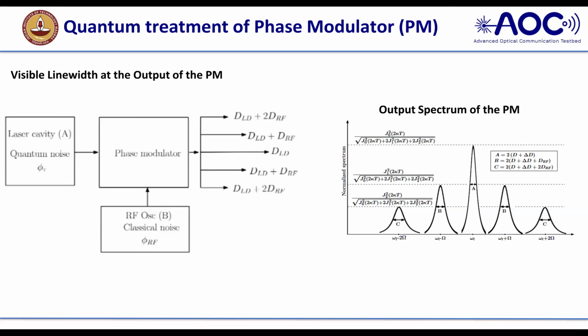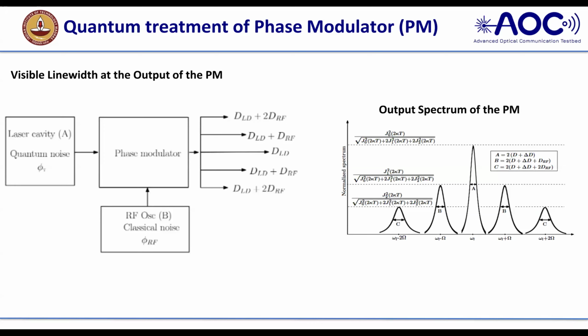So for the current application, it is to avoid my RF noise. SSB, I think, is a very good way of avoiding the noise in the system. So generally we use single sideband, to avoid the other noise limitations. I will not go into detail, but to understand that the phase modulator is an integral part of my entangled state generation, even when you are making other types of entangled states. Generally in devices we can generate entangled states, but in the case of optics, if you want to generate an entangled state, the phase modulator analysis is the important element.